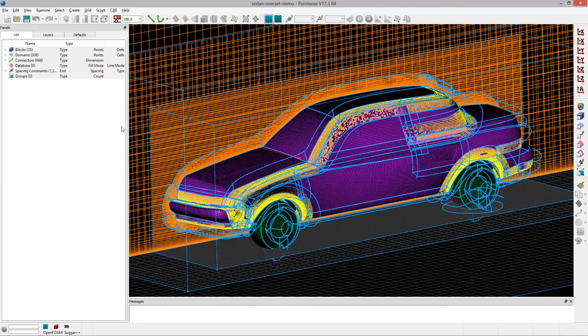So this is the application that we're going to be looking at. This is an external automotive application that Chris Sidoroff prepared for us for the purposes of this webinar. It's a fully overset mesh. It's all structured, so hexahedra only, and everything is overlapping. So that's one thing to note. I figured what I would do to start is walk through and show you some of the characteristics of this mesh. Then I'm going to add a component into the mesh, generate a block, and add it into the overset grid assembly for Suggar++.